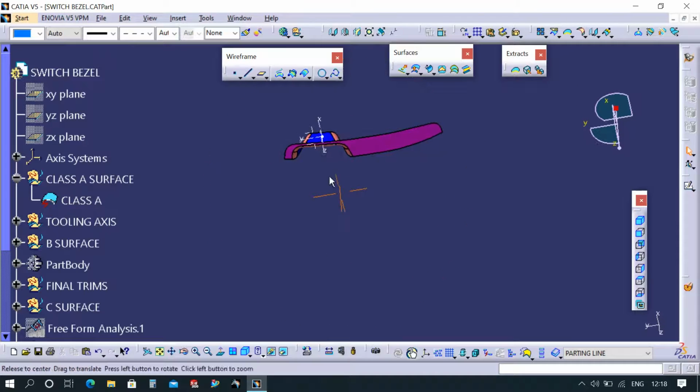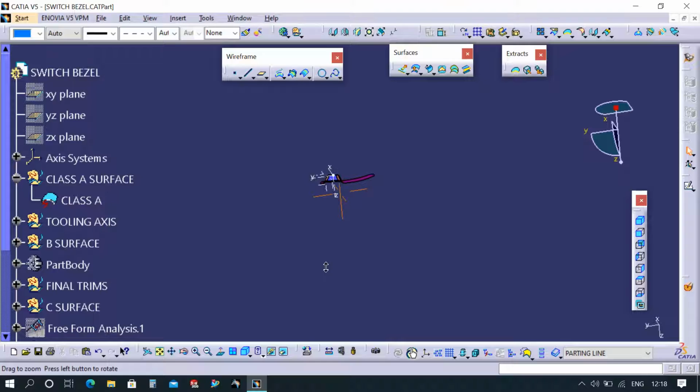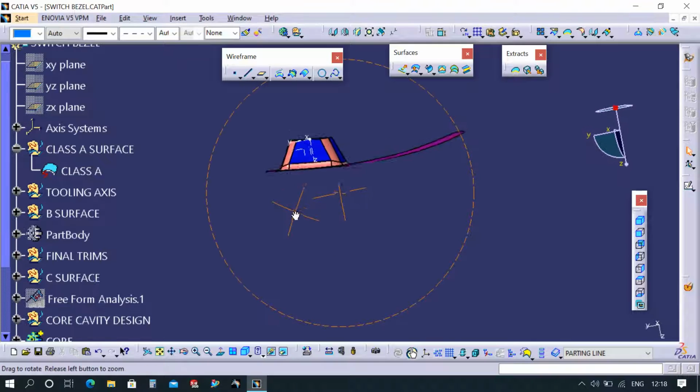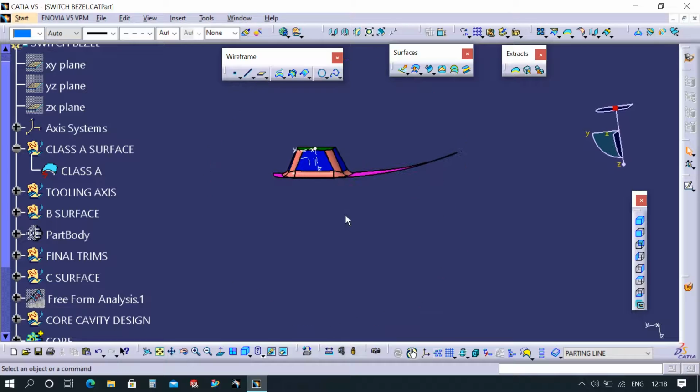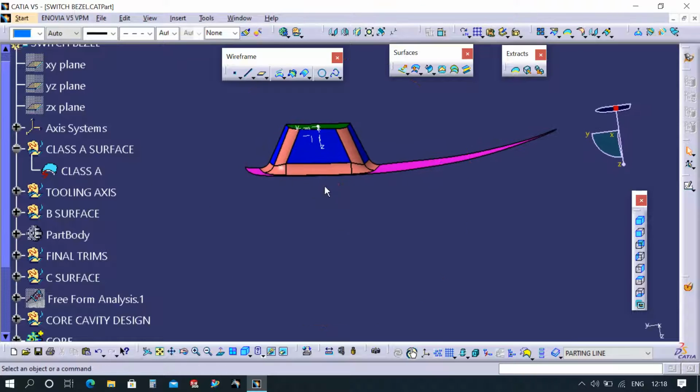For creating a tooling axis, first of all you have to understand where the core and cavity will be. So how will you understand whether the core will be on top of this surface or bottom? You have to see the draft angle. See, positive draft is downwards, these blue surfaces.